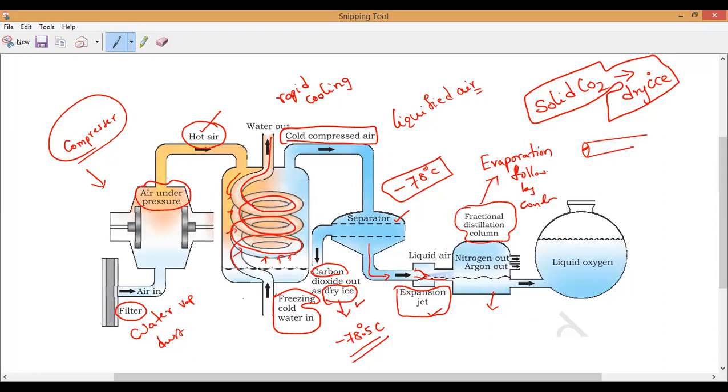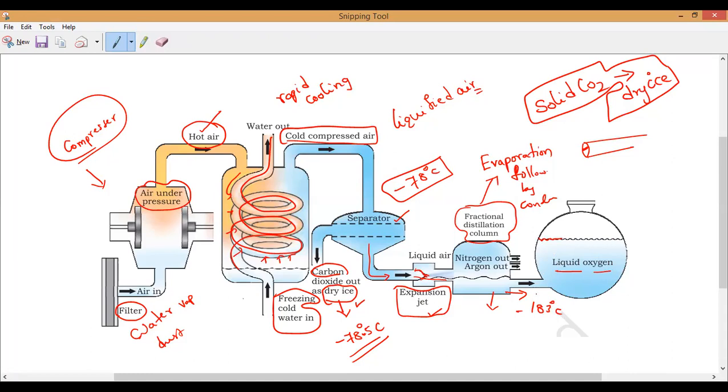Whenever the carbon dioxide is released, there is further cooling, you can see. Then here at minus 183 degrees Celsius, what will happen? Which will separate first? Oxygen. Oxygen will separate, and this oxygen we will collect in a separate beaker. What is it called? Liquid oxygen. Have you noticed it here? The liquid oxygen